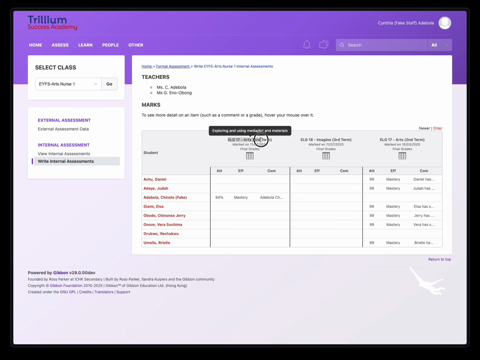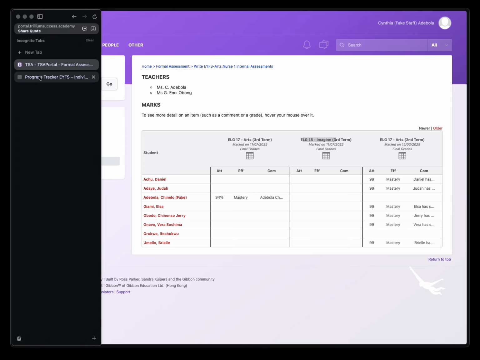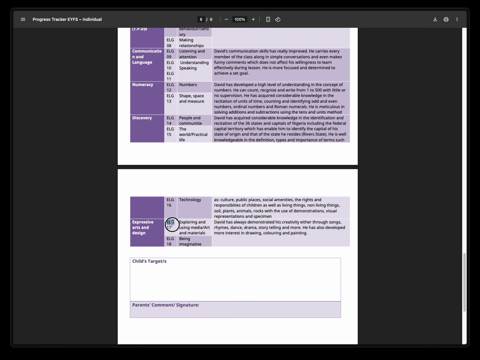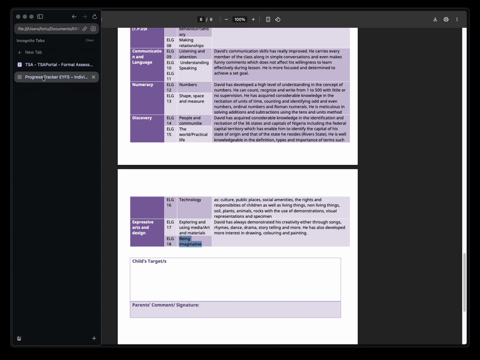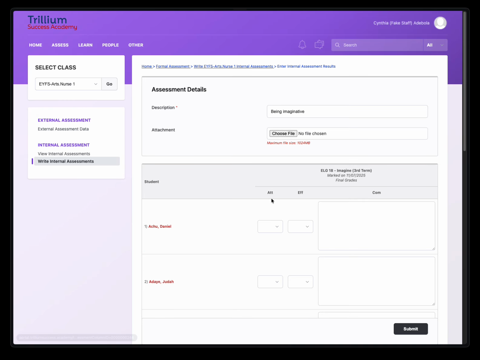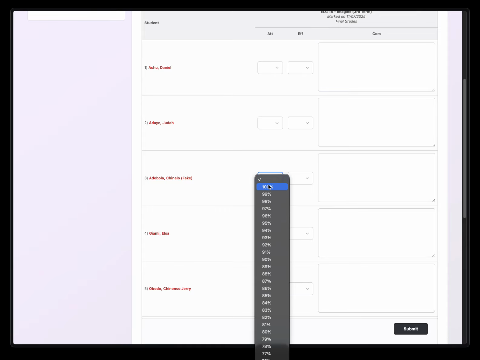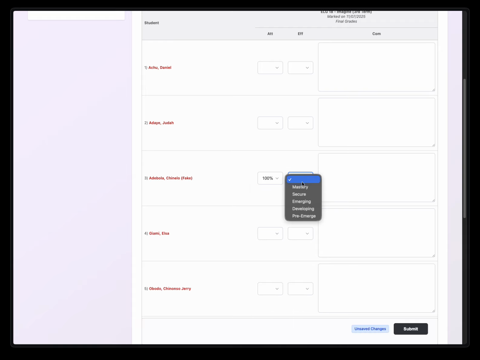That's for EL17 arts. Now moving on to EL18 imagine. You can remember there are two facets for arts, right? So we had EL17 and EL18. For this, we'll repeat the same thing. Being imaginative, how is Chinelo as a student? I would say she's pretty imaginative. She likes to imagine things. So again, mastery, and then comment. Chinelo has an active imagination and is developing at a natural,